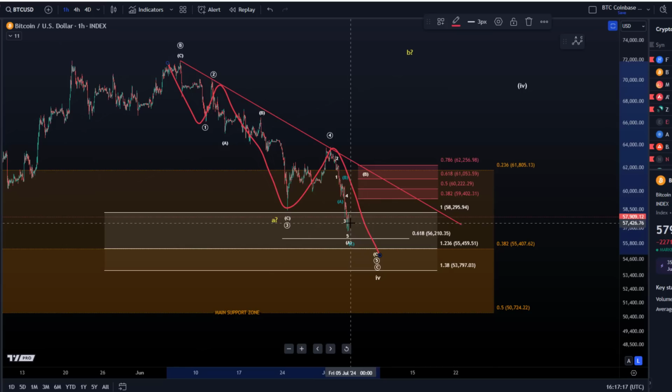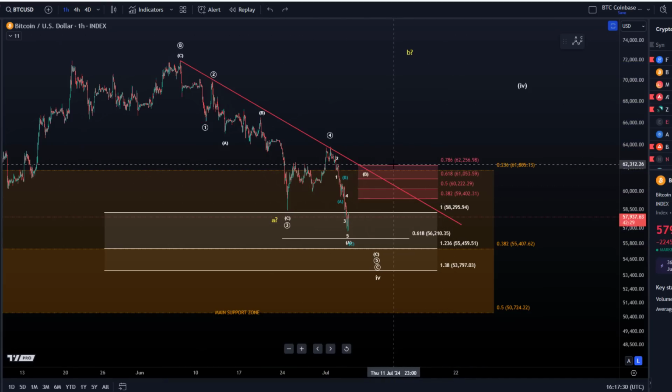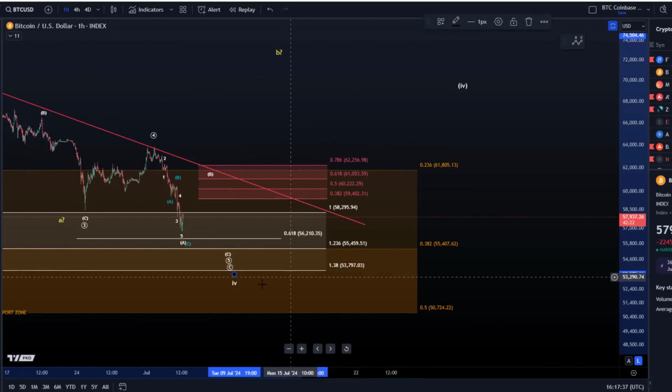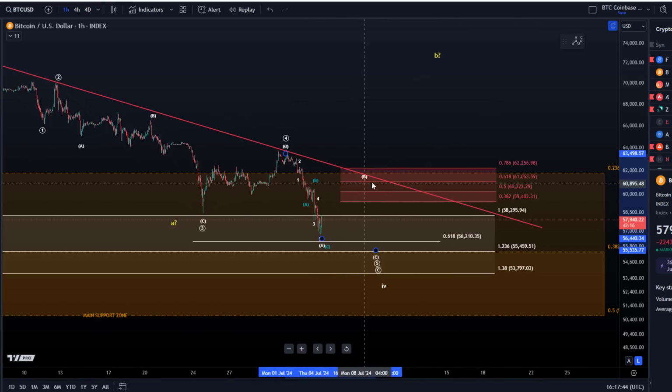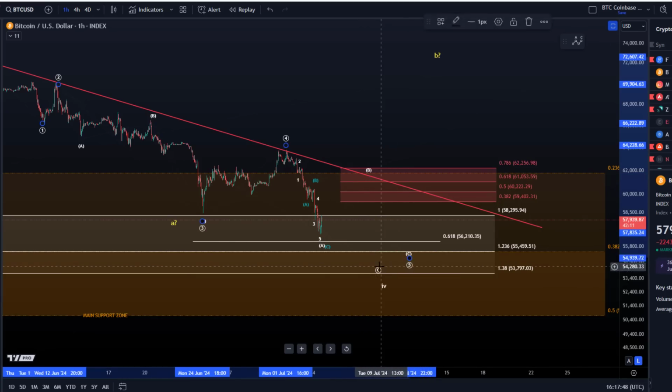For now, I'm watching primarily here for a possible reaction and a rally into resistance. But I can tell you that a break above the trend line could be a signal that something more bullish is going on, right? In addition to that, a break above the resistance area in 5 waves would be a signal that the larger wave 4 has already bottomed. For now, I'm watching for another ABC pattern. That means another corrective rally, which would be an ABC structure into the resistance area, and then a C wave down to complete the entire correction